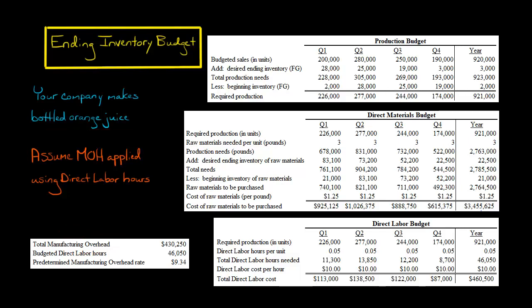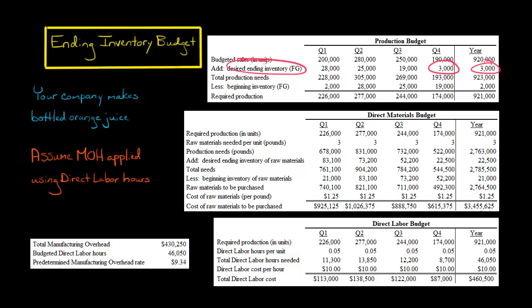And so from our production budget, we can see what the ending inventory is, at least what our desired budgeted ending inventory is, and that's going to be 3,000 bottles of orange juice. So that's our desired ending inventory for the year, right? For the fourth quarter, the end of the fourth quarter is the same as the end of the year. So we want to end the year with 3,000 bottles of orange juice, but then we're going to need to